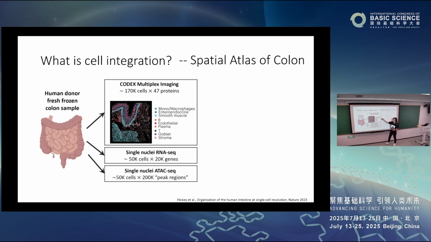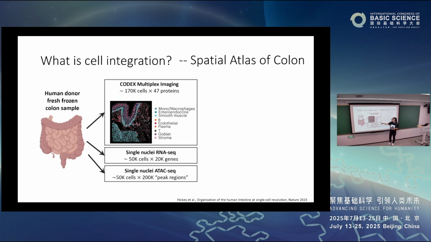CODEX imaging is a spatial experiment. I told you this talk is about single cell and spatial data, right? So this is spatial data. With spatial data, you know exactly where each cell is in the tissue; you don't lose the spatial coordinates. In single cell data, you pull apart and dissociate the cells, so you see each individual cell, but you don't know how they are arranged in the tissue. In spatial data, you know what its neighbors are. That's what the CODEX imaging gives you.